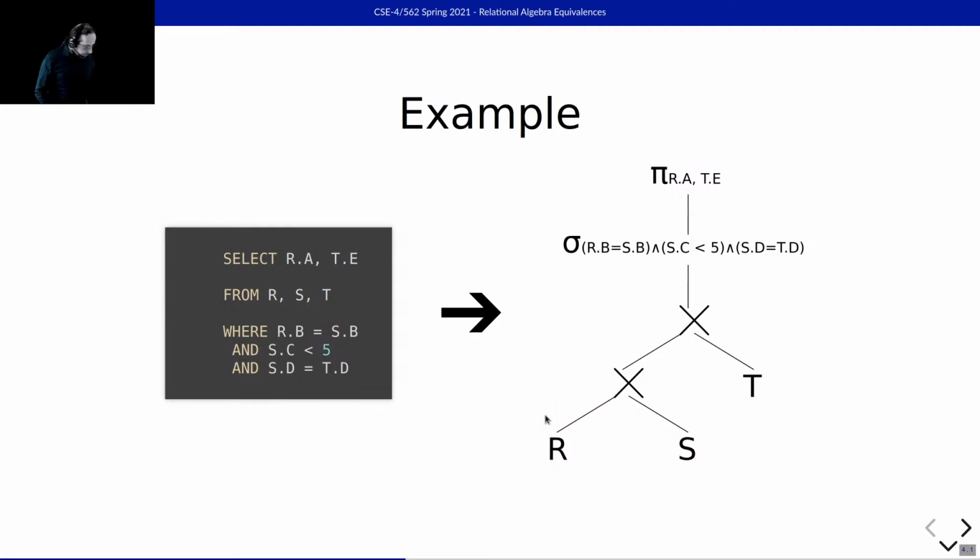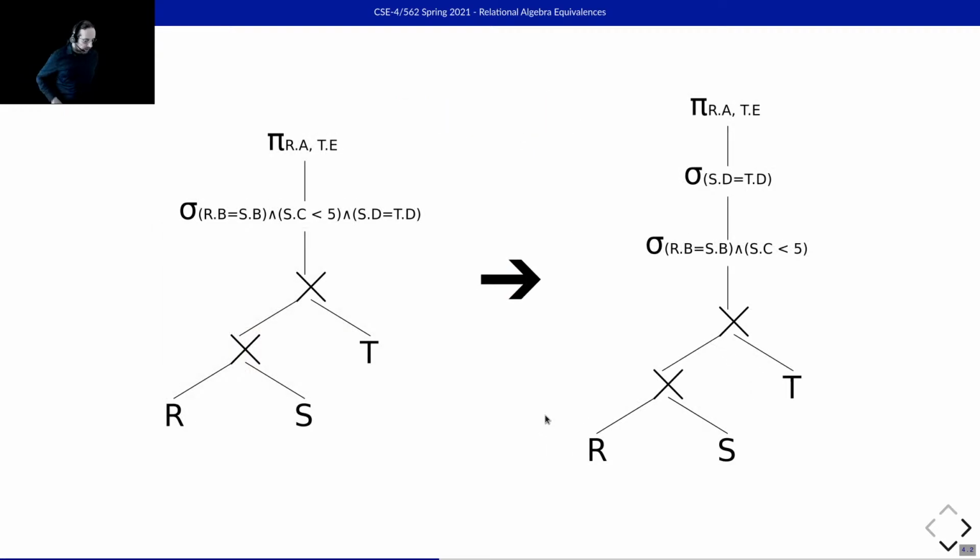So once we have this tree, now what we want to do is essentially turn it into a more efficient version of the same tree, something that we can evaluate a little more elegantly. So we're going to combine all of these rules together, selection pushdown, selection decomposability. So for example, here,